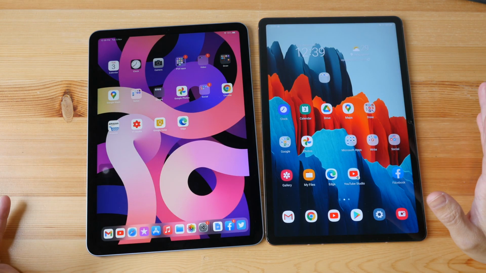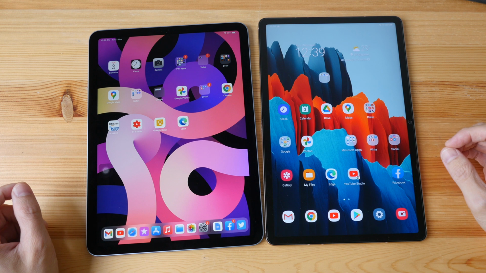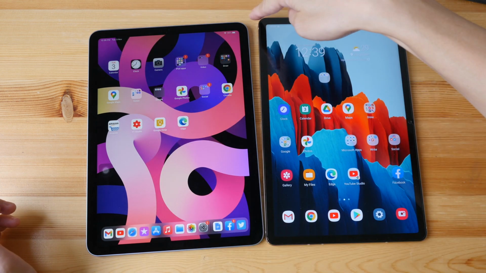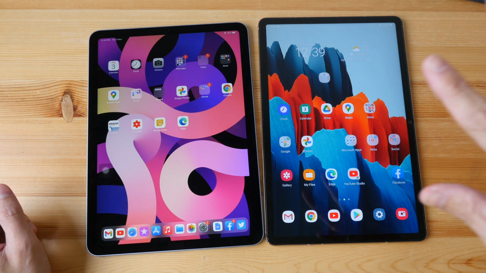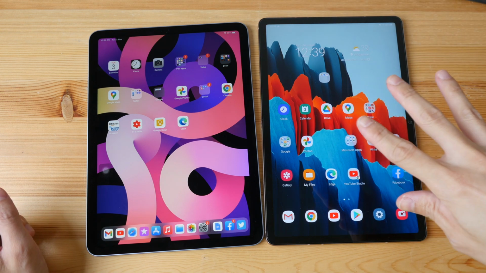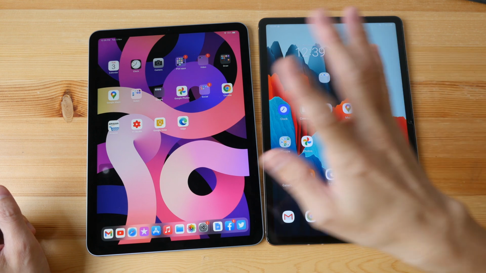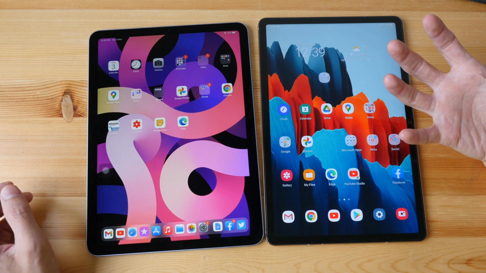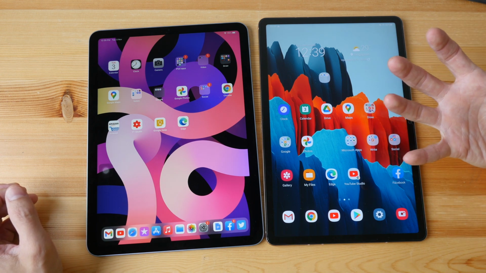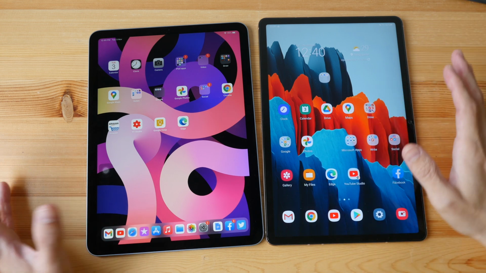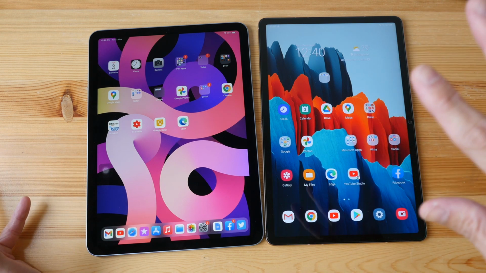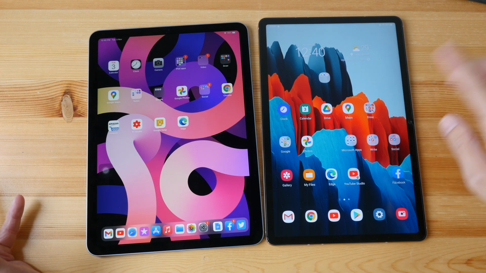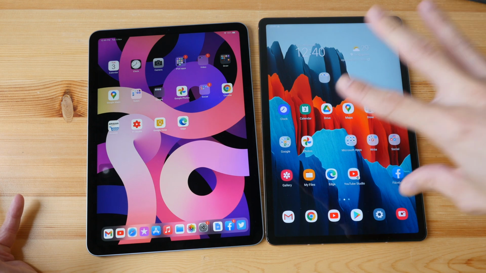Obviously, this is not a comprehensive comparison. So the main difference between these two tablets is the aspect ratio and the resolution. This is wider. This is a true 1440p display. Both displays look very sharp, just that if you want a tablet more for media consumption like watching movies, videos, then the Samsung Tab S7 is going to be a better choice because of the aspect ratio, the resolution, and